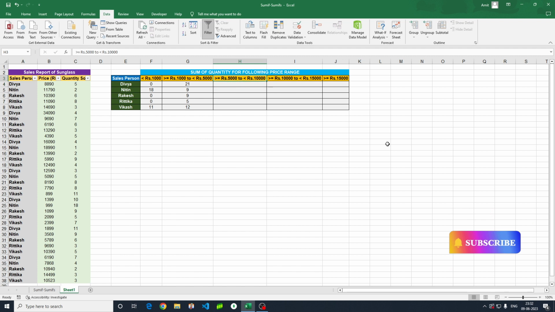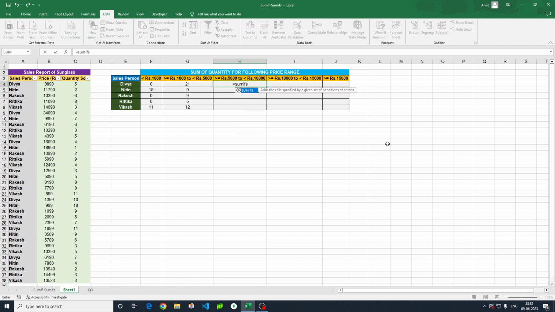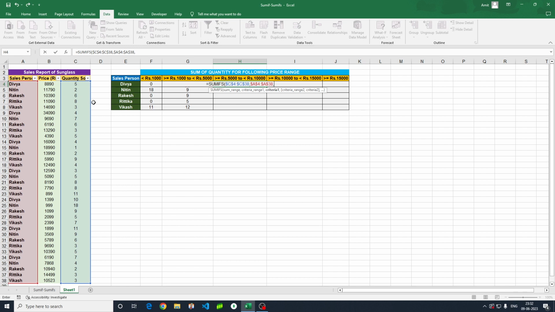Now come to this cell, equals to SUMIFS. Sum range will be this column, visit. Criteria range will be this column, visit. Criteria 1 will be this. Criteria range 2 will be price column, visit. Criteria will be greater than equals to 5,000. Sorry, greater than equals to